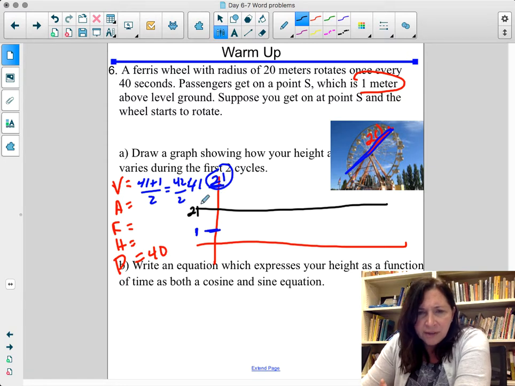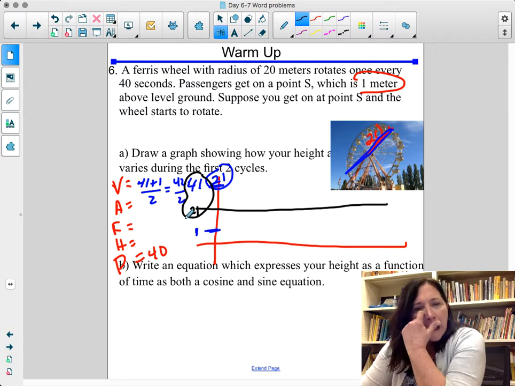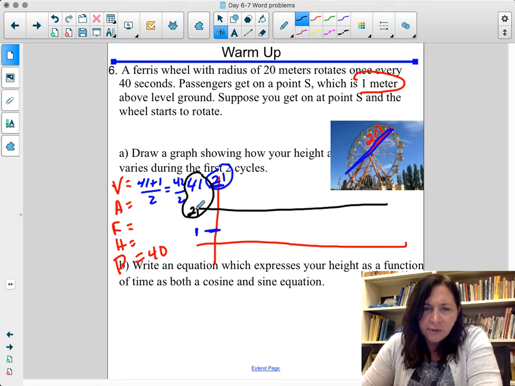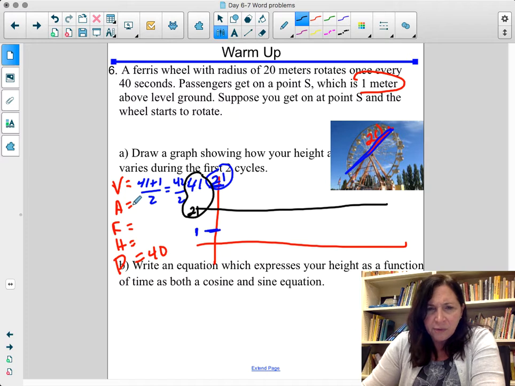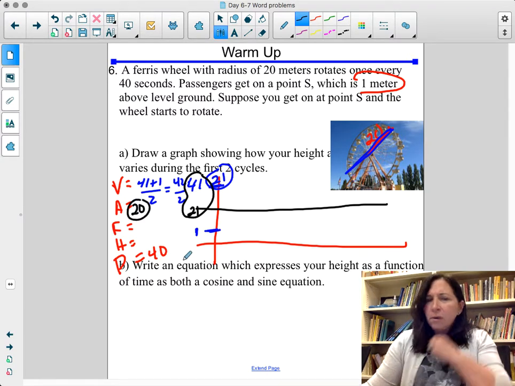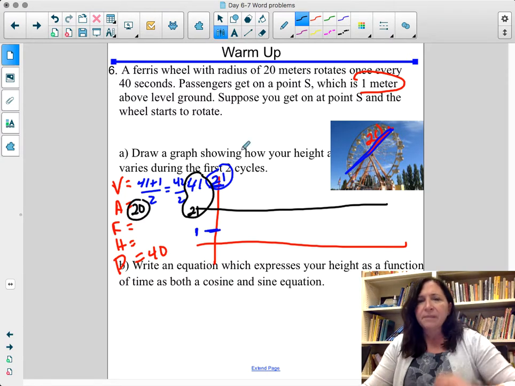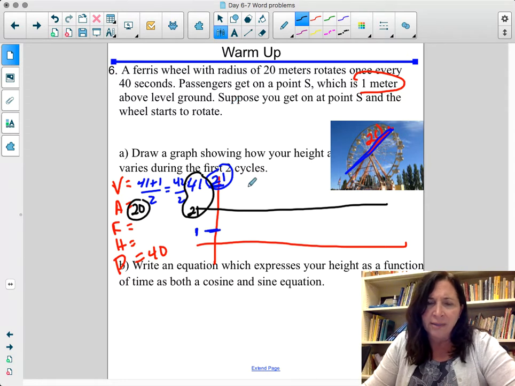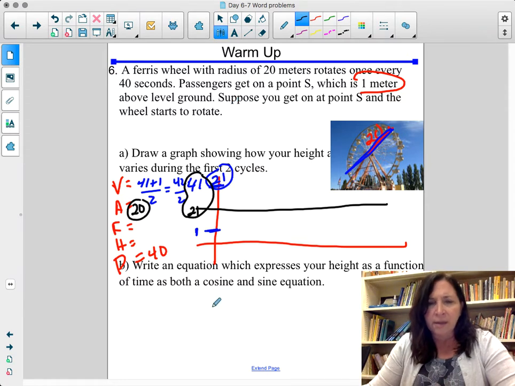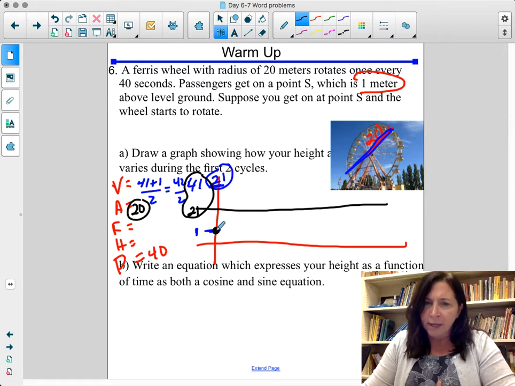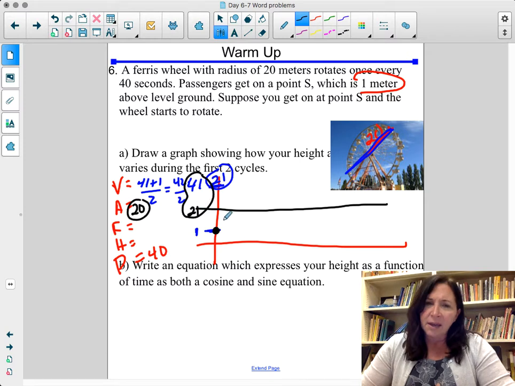So then the distance between here and here, right? Because it looks like I'm going to start, I don't know where I'm starting yet, but I know my amplitude is going to be between 41 and 21, so that's 20, okay? Now, let's think about this. You don't get on at the top of the Ferris wheel. You got to get on at the bottom. So my guess is because you're getting on at 1 meter above, as they said, you're actually starting at ground level. It's going to go up